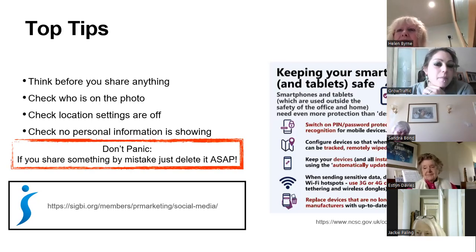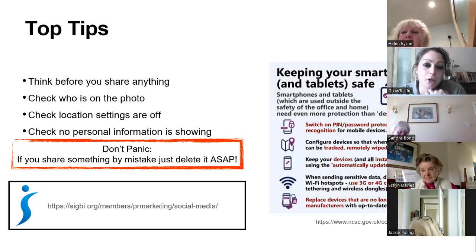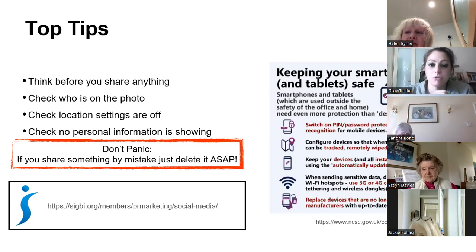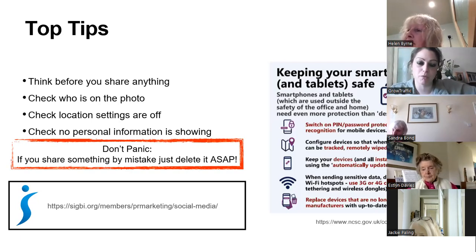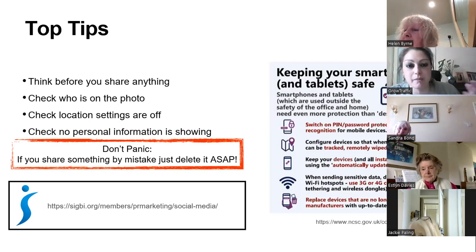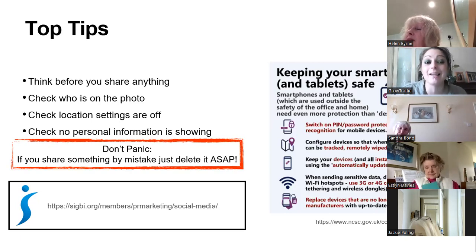Just as a tip on this as well, because a lot of stuff obviously is shared on social media now. General rule of thumb, if it's children, especially if they're not your own children, don't share that. But what we tend to do now, if we're doing any kind of event, is put up a poster on the door on the way in that says we are likely to be taking photographs and videos during this session. So if you don't want to be featured on social media, either tell us or make sure you stay out of the way, basically.